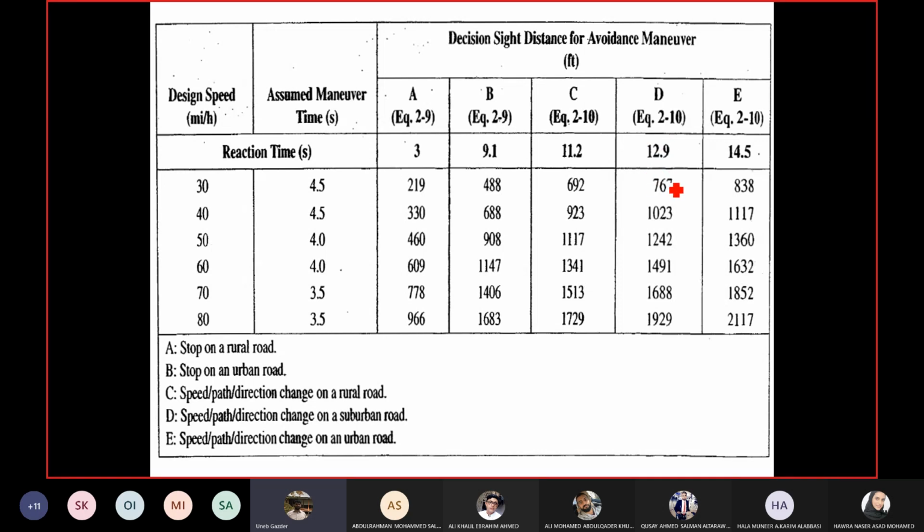What is a suburban area? It is an area which is within the jurisdiction of an urban area, within the boundary of an urban area, but it is close to the boundary. Okay, so they are also differentiating between the central urban area and the peripheral urban area, the area which is near the boundary of the urban area. Near the boundaries usually population is less. It is closer to the rural area. Population is less, the roads are wider, and the area is clearer, less distractions and so on. So this is why suburban areas are taken separately here.